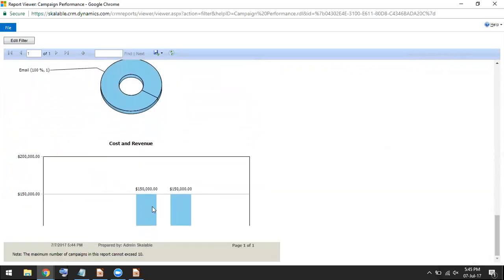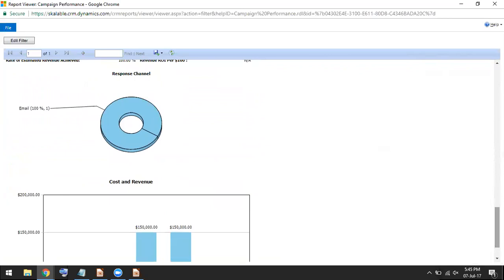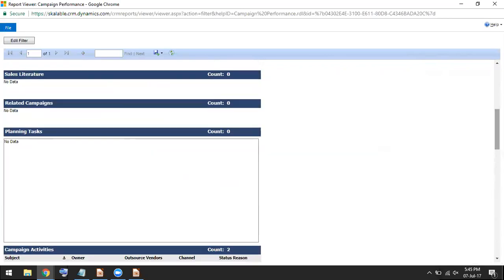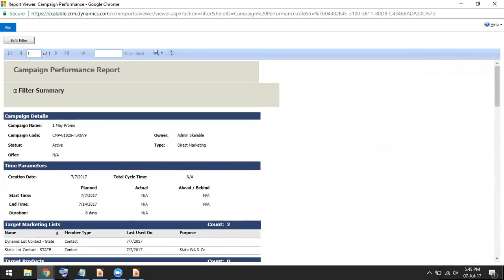Here you can see the cost and the revenue. So this gives an overall performance idea against the conducted campaign.